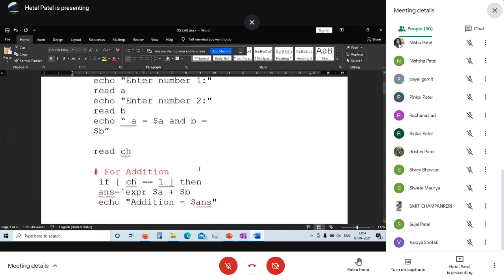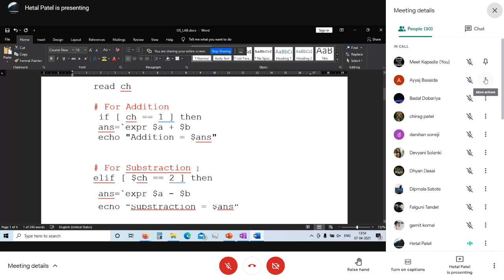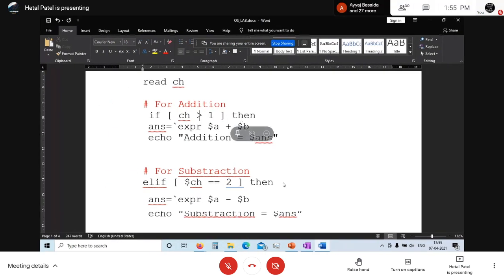The same if I'm using here with the calculator shell script. If ch equal, here you can write down the equal, greater equal, but depending on your Linux operating system version, some take this equal and some operating systems or versions take each. So all of you just write down each and every option you can take with your if command, that is eq. I'm writing here, you just note down in your notebook.